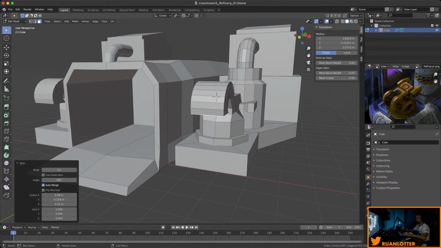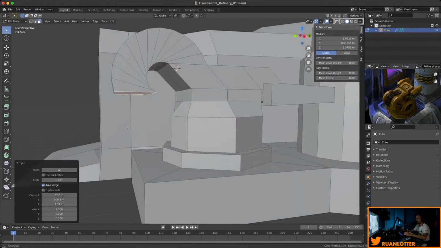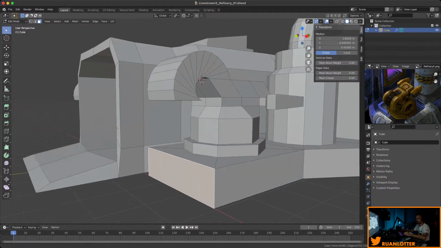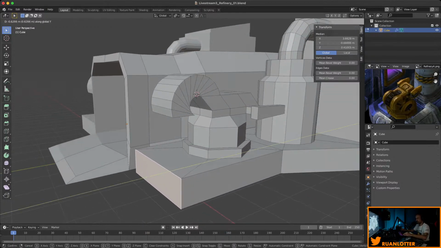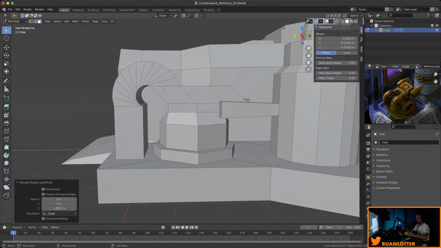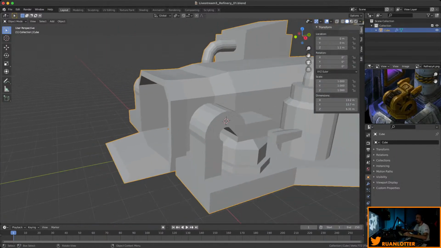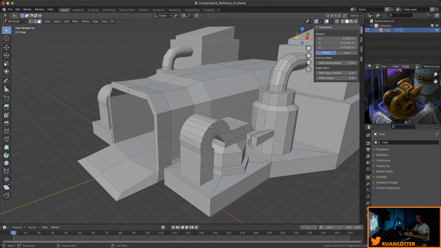Yeah, let's just do that, and then maybe we can extrude this section into this part. So let's just move this out a bit more, and then I'm just going to extrude this down. Whoops, Z. It looks a bit funky here, but you know what? I don't know what that is, so